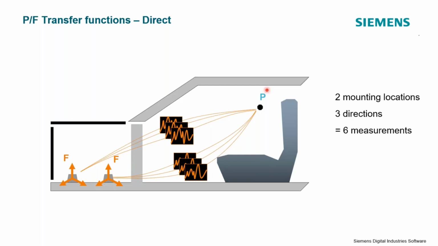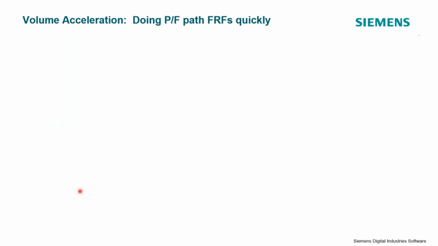We can also measure transfer functions reciprocally, which means instead of putting my force or my energy into the system here and measuring the output at the driver's ear, I would do this the opposite way, as I would put my force in here at the driver's ear and measure my response at my mount locations. Now you see my forces have an X, Y, and Z component. With an impact hammer, I can only hit in one direction at a time. However, if I'm going to do this reciprocally, do we have a transducer that can measure the response in all 3 directions on that structure at once? The answer is yes, and I'll get to that in just a second.